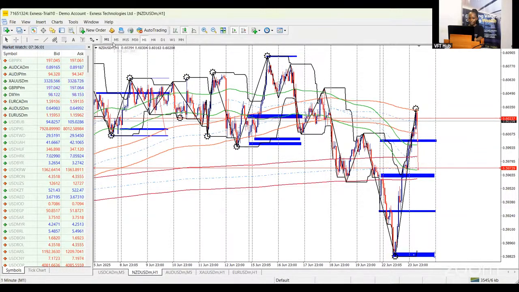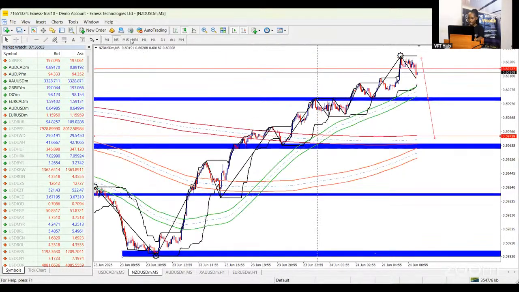So M5 as well, what are we now looking at? On M5, I'm looking at price retesting 0.59729. Come here, give a confirmation, I'm going to be looking for buys of this asset class.